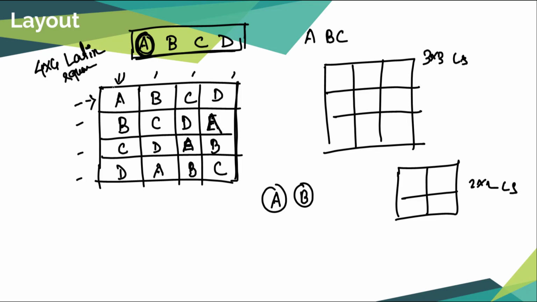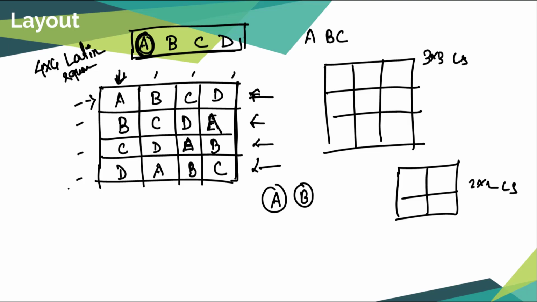Now see, in this first column, A is occurring once, B once, C once, D once. In the second column also, everyone is occurring once. If you check per row, you will see every treatment is occurring only once. This is a way of allocating or distributing your treatments to the different rows and columns, right? So this is the way you design a layout for LSD.